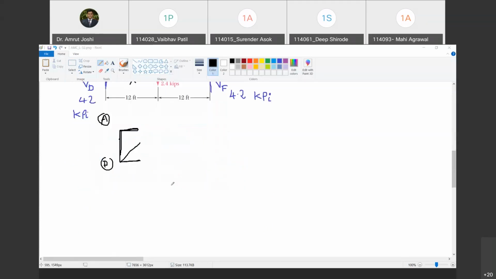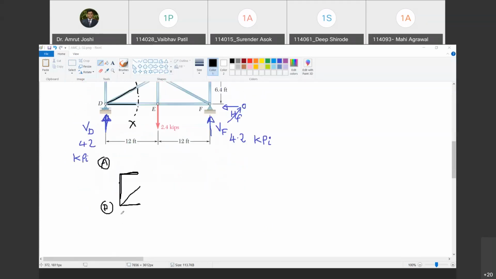Now, free body diagram means I should free the body from all external agencies and show what the external agencies must have been doing. So what is external to this structure? Is the reaction at roller support D external? Yes. So I have to free the body from this external support and show what the external support must be doing. So it is 4.2 kilonewton. Are you with me? Yes, sir.